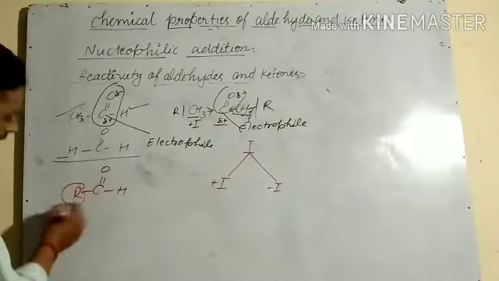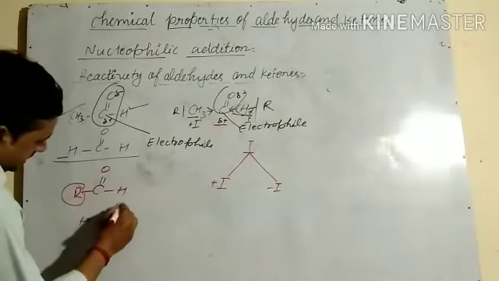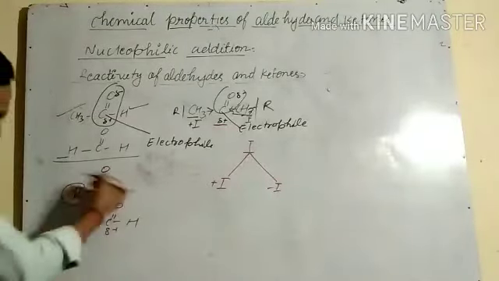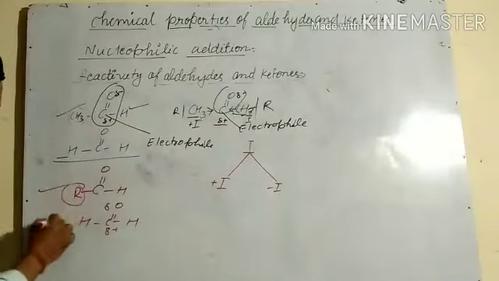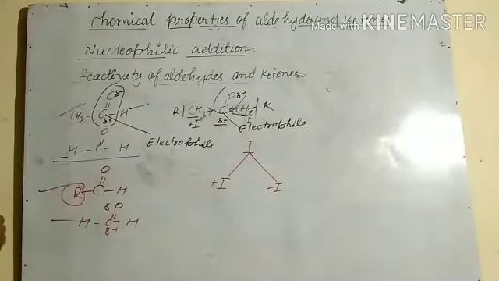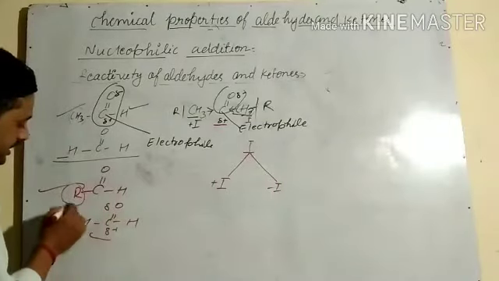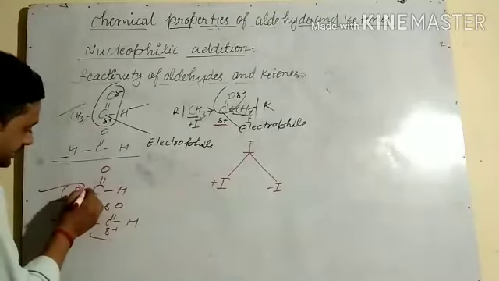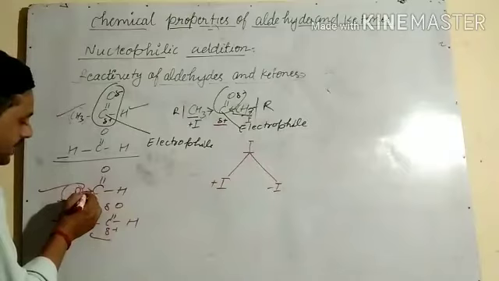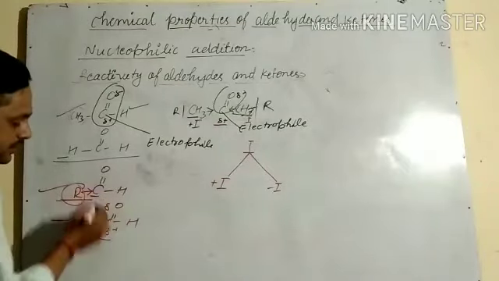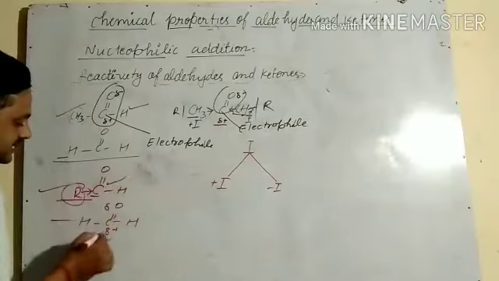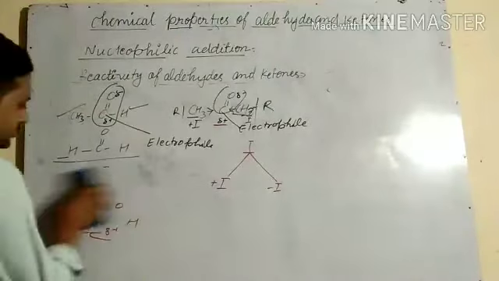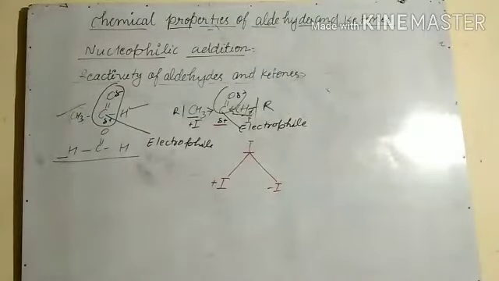If I take formaldehyde like this, what happened here in these two cases? In the first and second, which one is more reactive? This one is more reactive, because in the other an alkyl group is bonded, so it reduces some amount of the electrophilic nature of the carbonyl carbon. So this one is less reactive than that. I will write three examples like this.